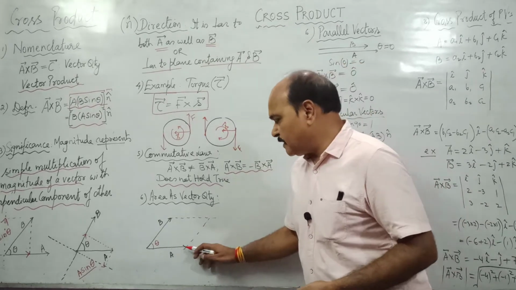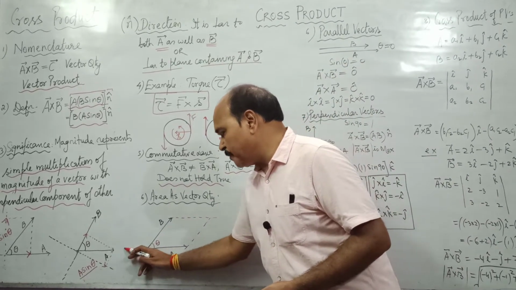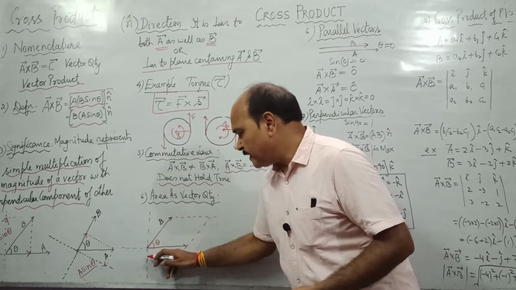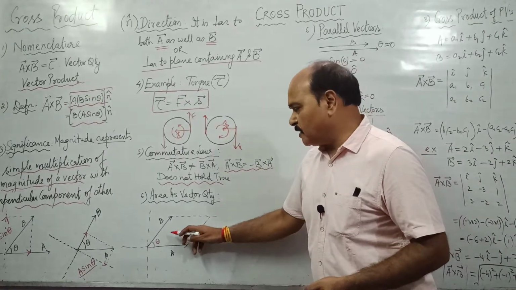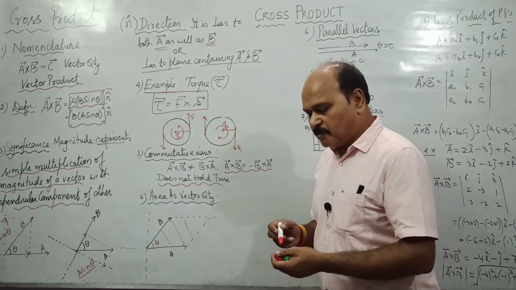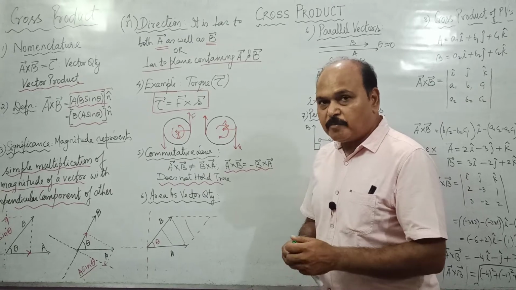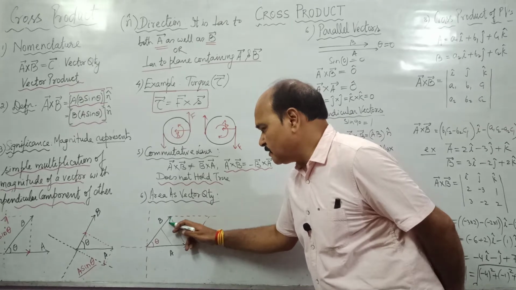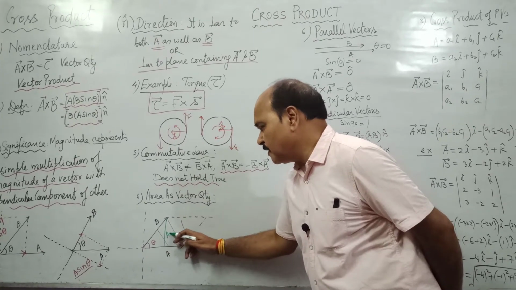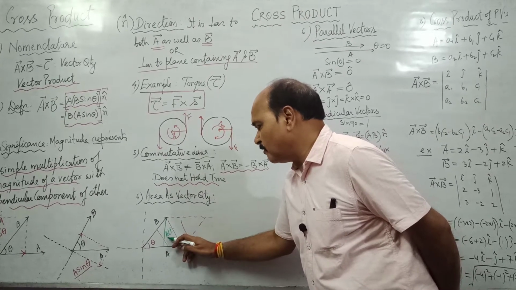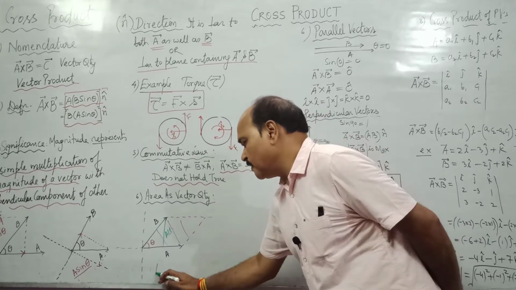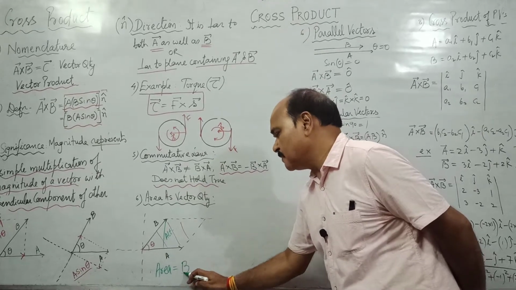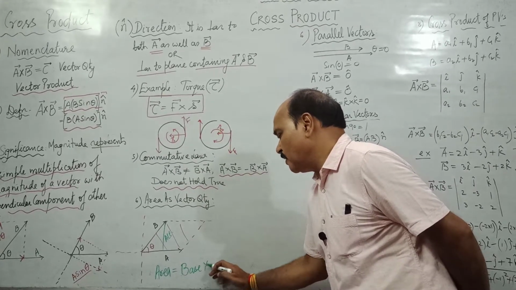Well, this A is one of the axes, and another axis is perpendicular to A. This is the parallelogram. What is the value of the area of this parallelogram? We know the formula for the area of a parallelogram. This is the altitude. If we drop a normal here, we get the altitude of the parallelogram. The value of the area of the parallelogram is the product of the base of the parallelogram with what? Altitude.